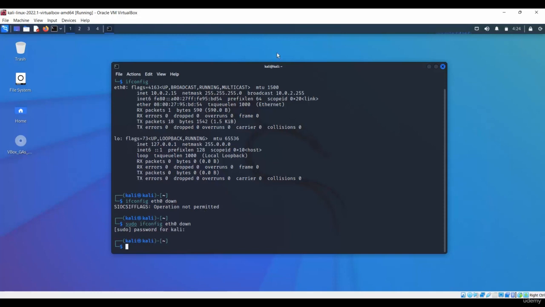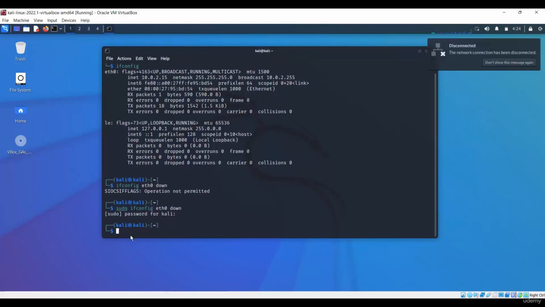Okay, done. So we have disconnected our internet system from this system. See, it says disconnected, the network connection has been disconnected. So just click on don't show this message again, because we know this. Now the next command would be